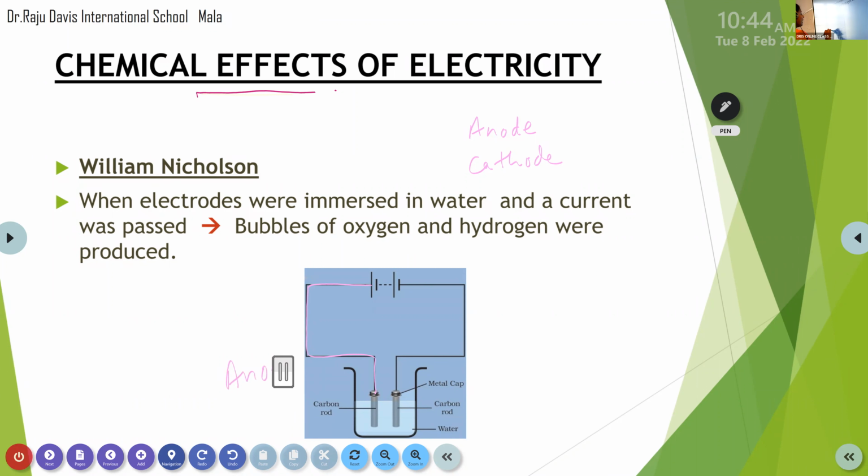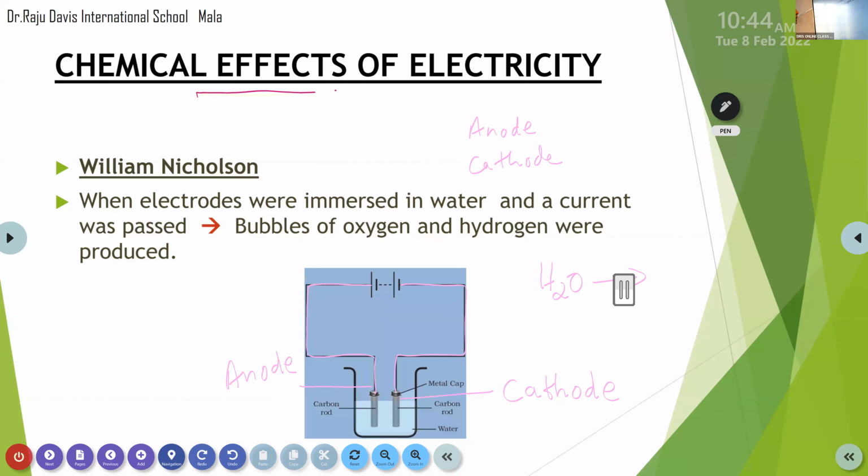It is anode. And again, which electrode is connected to the negative side of the battery? Yes, cathode. So cathode is connected to the negative side of the battery, and anode is connected to the positive side of the battery. And for the breaking of this H2O,